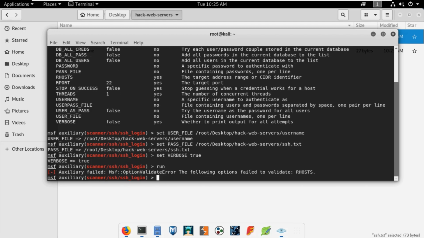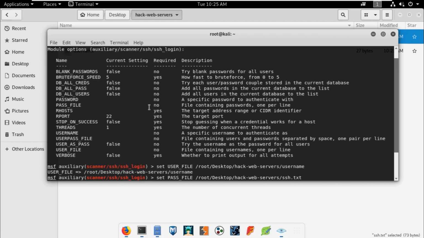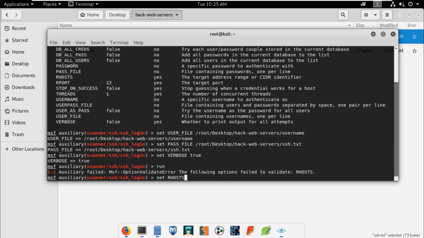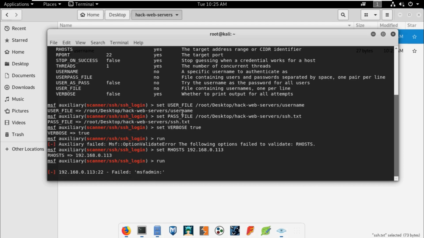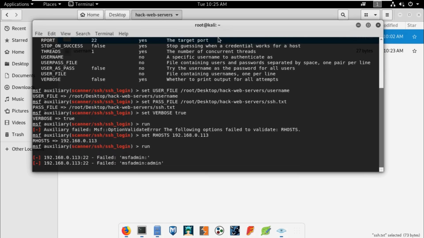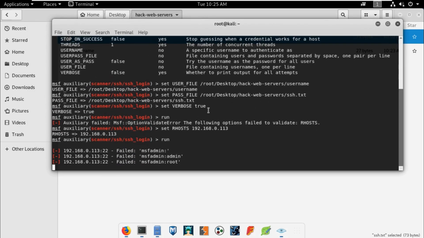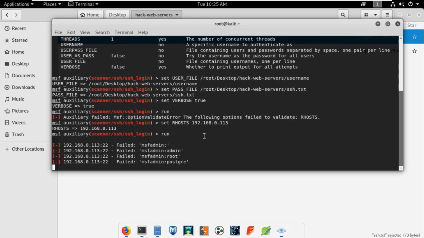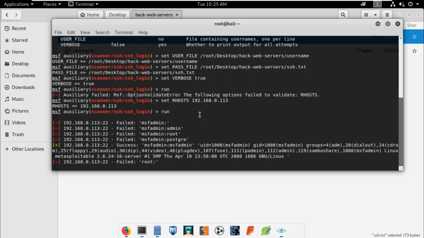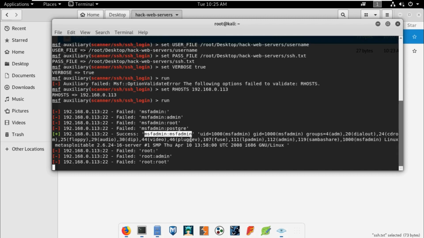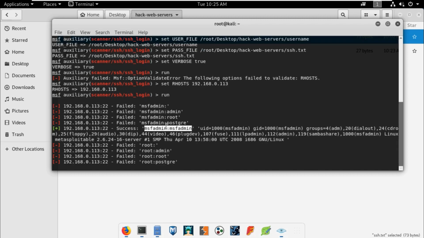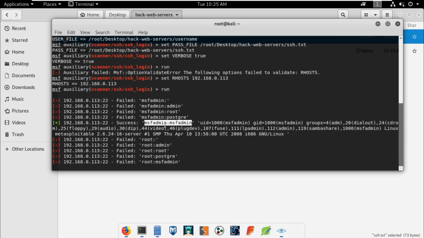Let's run it. Okay, we did not specify the RHOST. Set RHOSTS 192.168.0.113, just hit enter. If we find the... okay, we have successfully got the correct credentials, so we can use this to log into the SSH server.